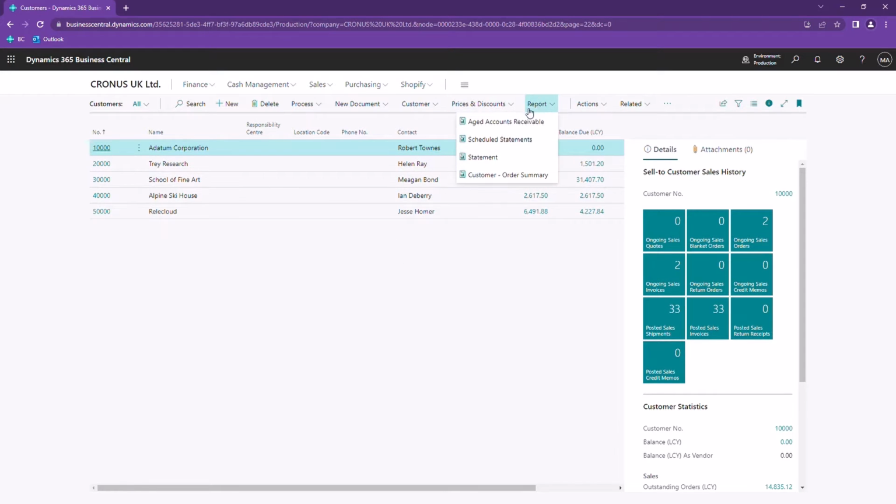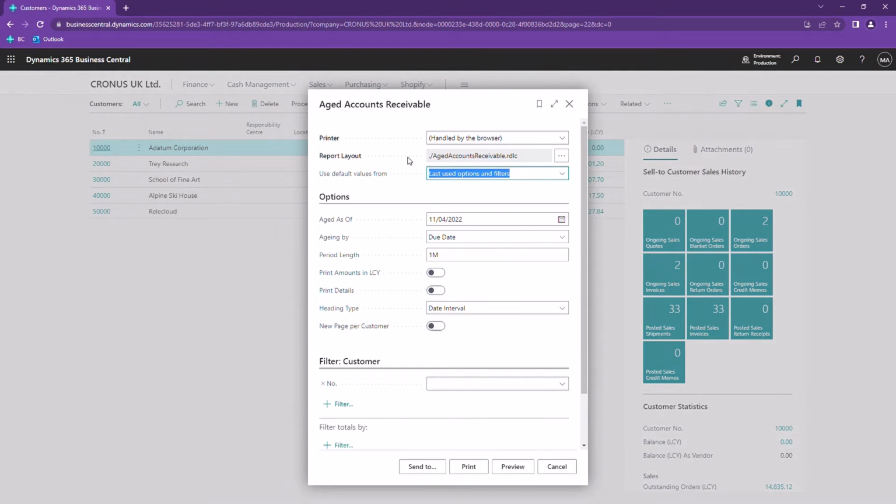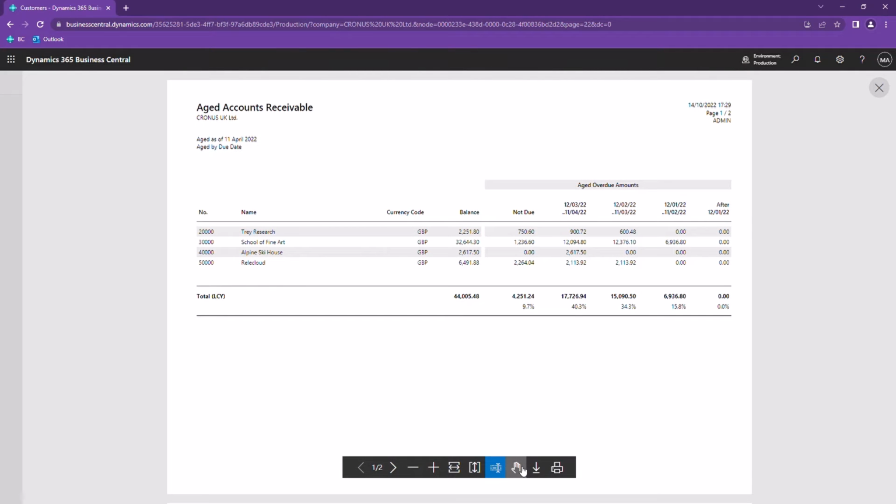So if we look at a report, in this case the age accounts receivable, when I run the report, I get an option to select the report layout that I want to run the report with. In this case, it defaults to the standard printout report. If I click preview, I'll then see the standard age accounts receivable report. I can also choose to run the report,